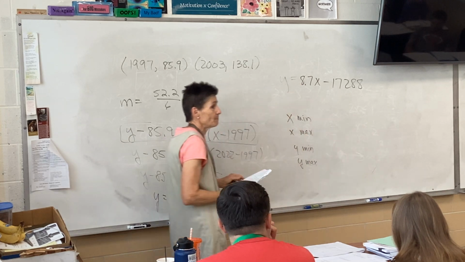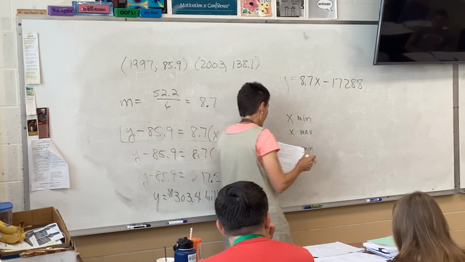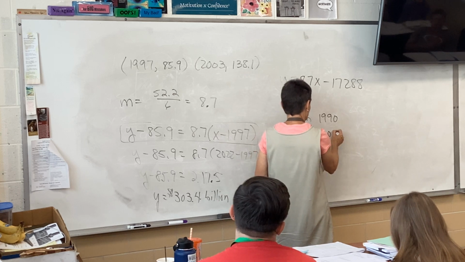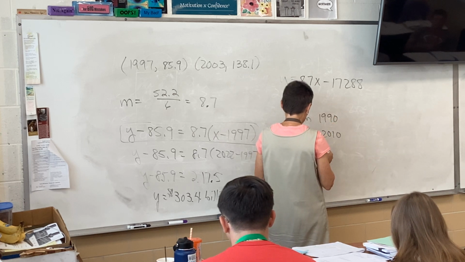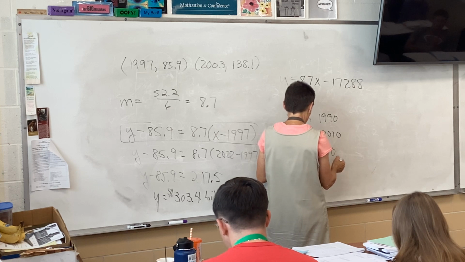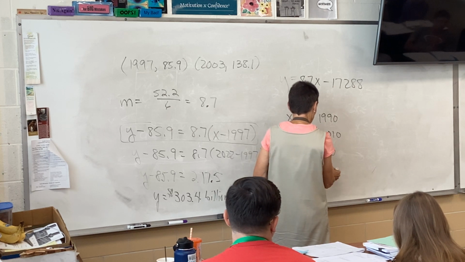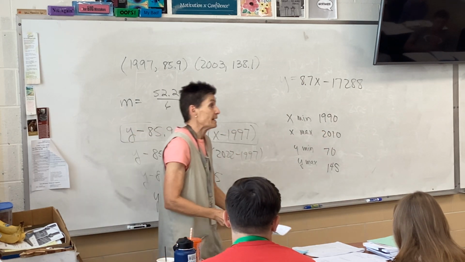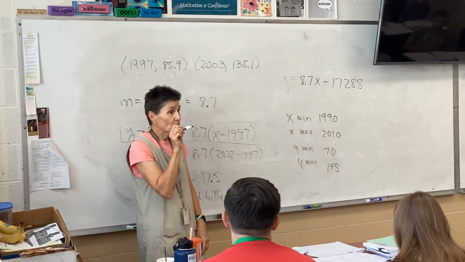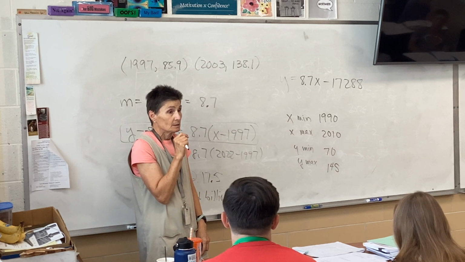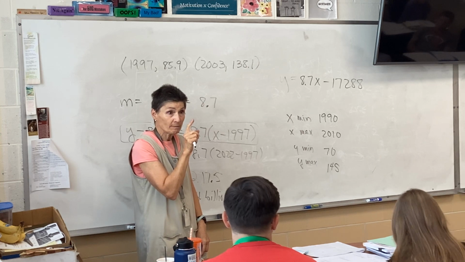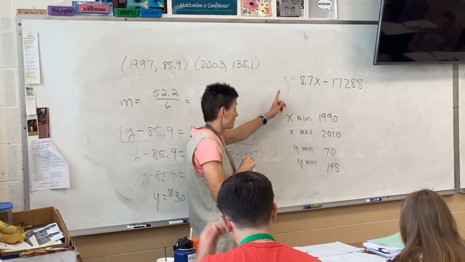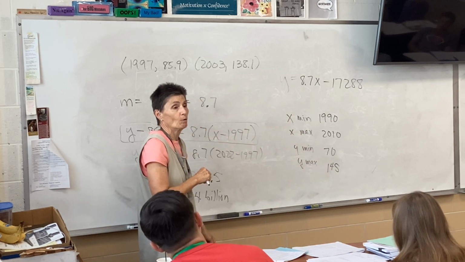So we go to Stat Edit, and we're going to put it in, but we have to set our X-min, which might be like 1990, and my max might be like 2010. I'm giving myself some leeway. Y might be 70 to 145 maybe, something like that. And then go to Stat Edit, put in all of your points. Make sure your stat plot is on, and graph. And that equation should kind of come over those